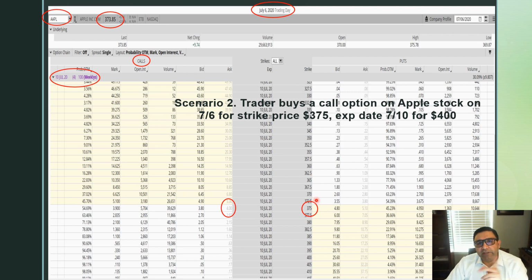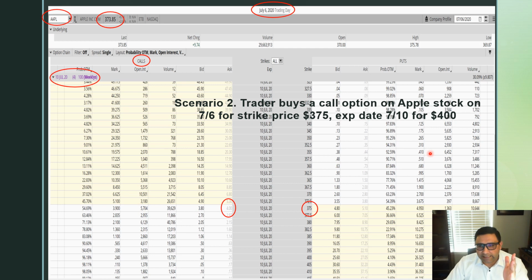Now, because he's giving you this right, you have to pay him a premium. And here's the premium. So the premium is $4 per share. So let's sum it up. You buy a call option on Apple stock on July 6th, Monday, for a strike price of $375, expiration date 7/10, for $400. So $4 per share, and like I told you, every option contract has 100 shares, so $4 per share times 100 is $400. So your initial investment is $400, and you pay $400, and you now have a right to buy the stock at $375